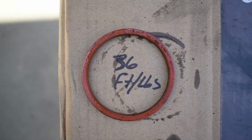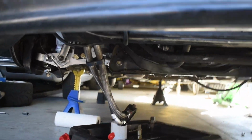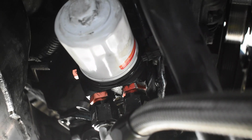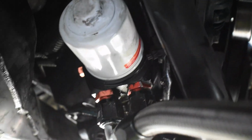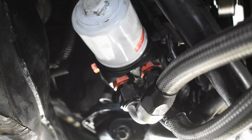I wrote down the foot-pounds. Let me check real quick. So that 22 mil banjo bolt is going to be 36 foot-pounds of torque. So it's not going to be super tight, but you do want to make sure that you get the tool out and actually torque that down to the right amount. So you're going to torque everything back down, and get the oil filter back on. Make sure you lube the front of that seal on the oil filter. And now we're going to start it and see if our leak is fixed. If you know that that's where your leak was, or your gasket was cracked, then that's definitely going to fix the problem. For us, we don't know for sure, so we're going to